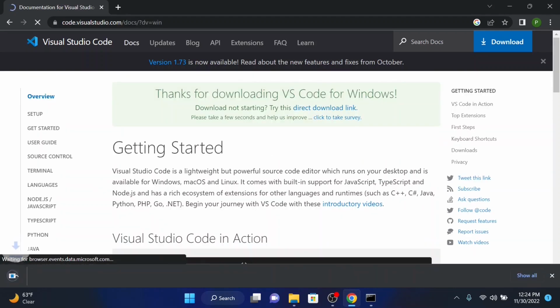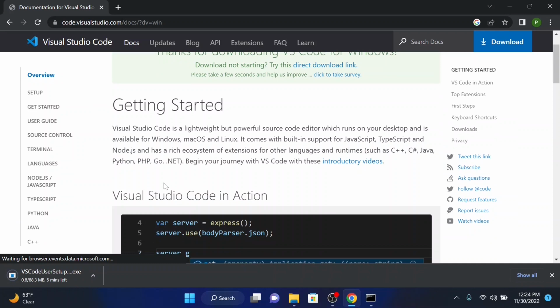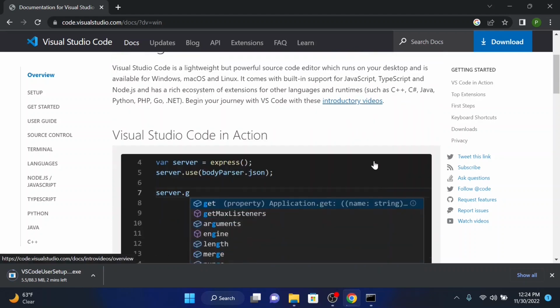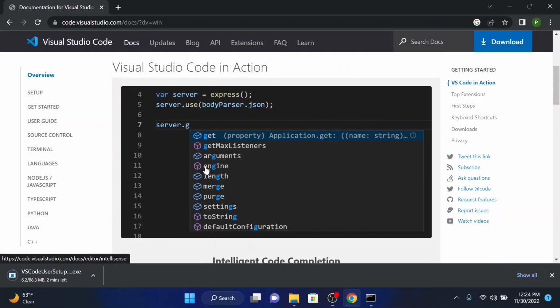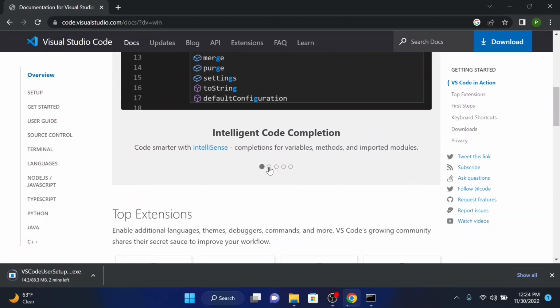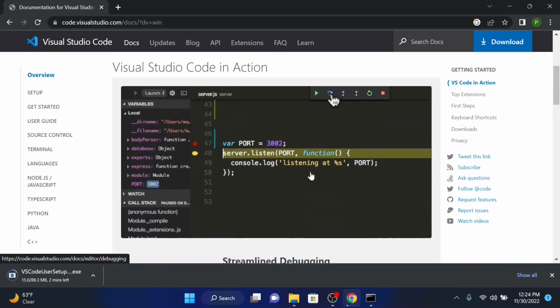Once I click install, it's going to download the executable, which I'm just going to execute, and it's going to install VS Code for us. If you know what VS Code is, it's going to look something like this. You've probably watched movies of programmers typing in dark text editors. Visual Studio Code is something of that sort. Let me scroll through it so you can look at more pictures of VS Code.